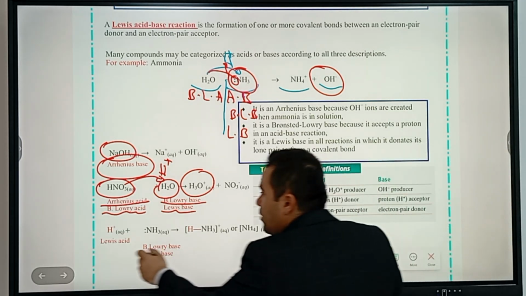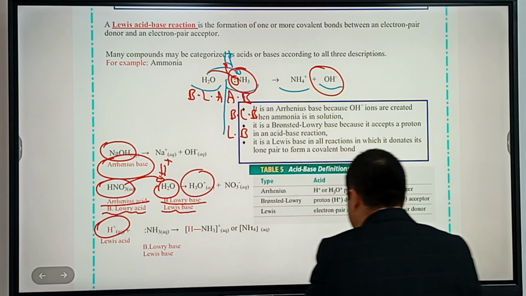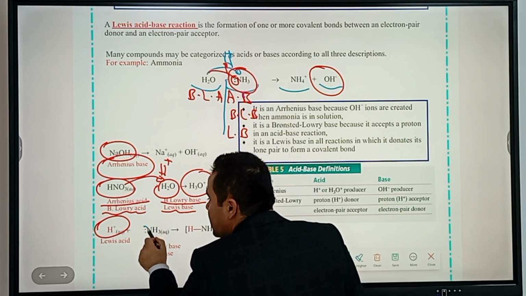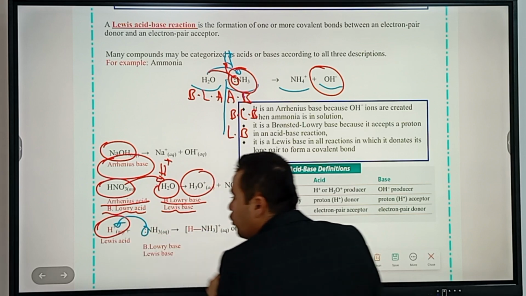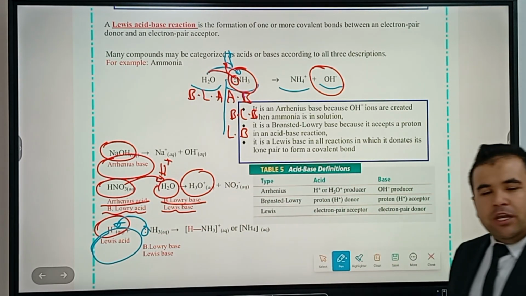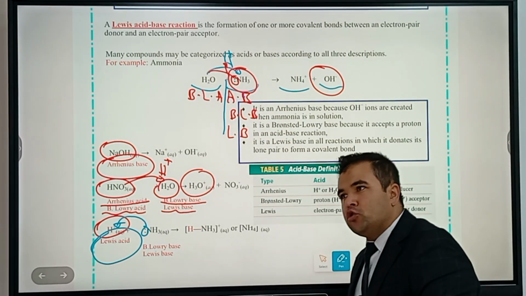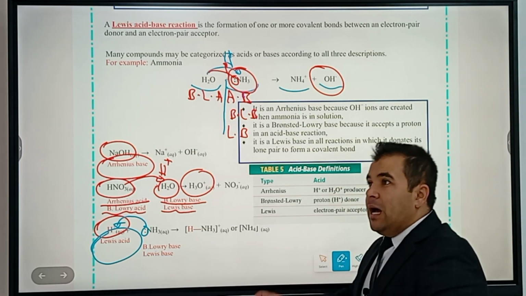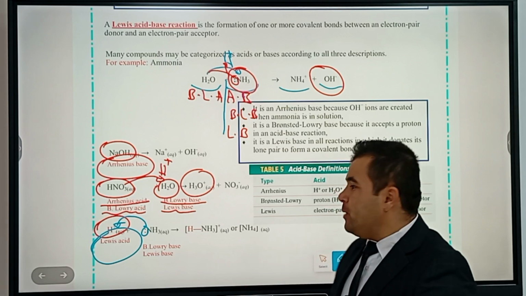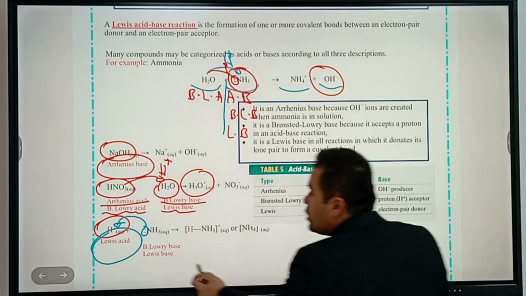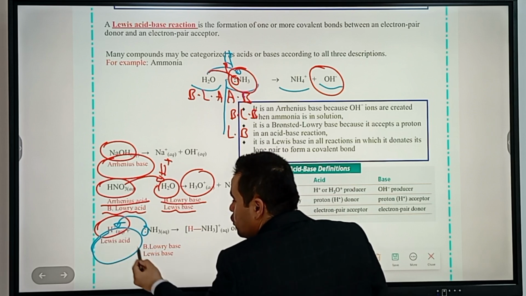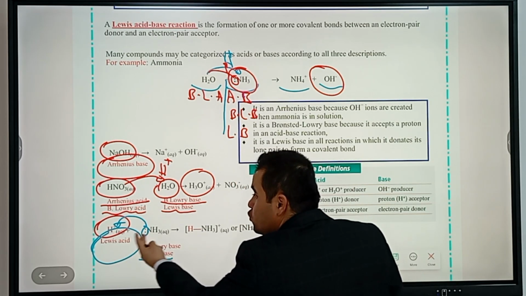Have a look at the other example, guys. We have H positive in this example. The H positive accepts a pair of electrons from the ammonia, so it's only a Lewis acid. We cannot say it's Arrhenius or Bronsted-Lowry. Why? Because Bronsted-Lowry must donate a proton in order to be the acid. There is none. So guys, the ammonia donates a pair of electrons, it becomes a Lewis base,